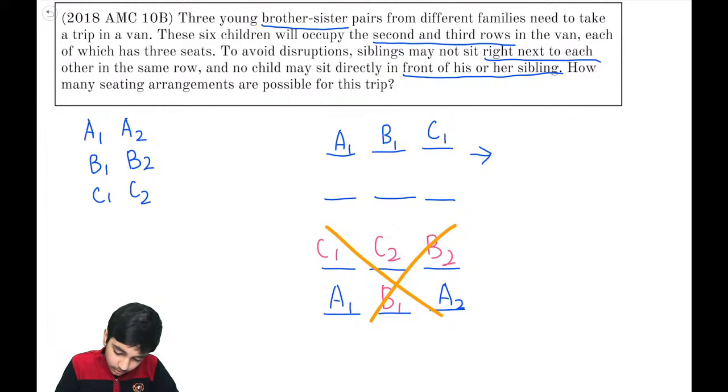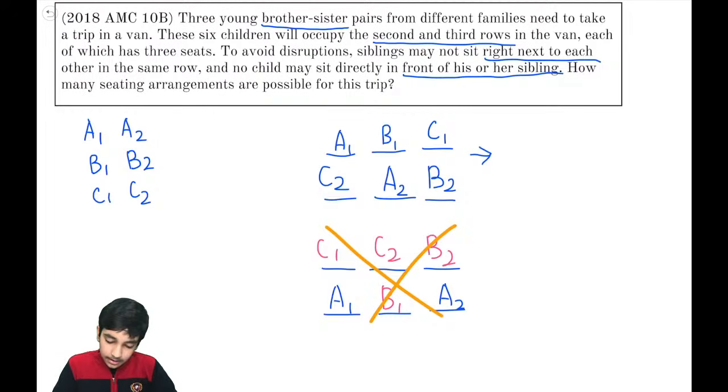What about if A2 is here? If A2 is here, well then where can B2 go? If A2 is in the very center position, then B2 can go here. But then if B2 goes here, C2 will be forced to go here, and that doesn't work because C1 and C2 are now in the same column. So B2 will have to go here, so that C2 can go here. Because now that C2 is here,